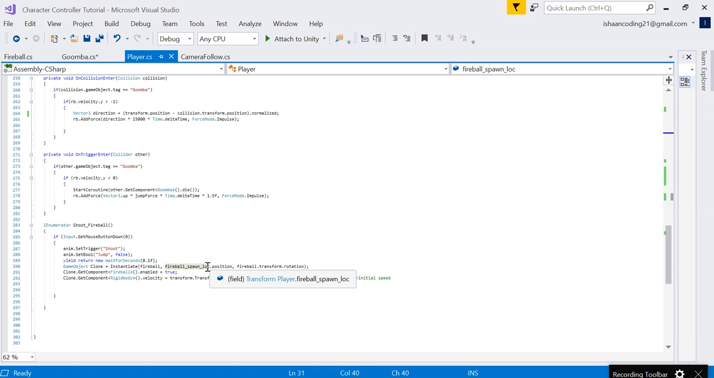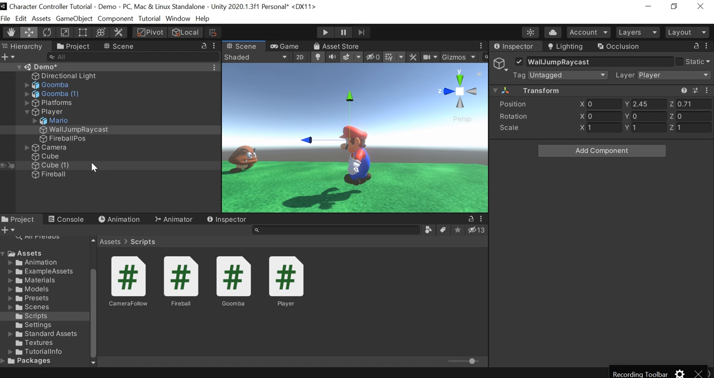So we just spawn them here, and the rotation doesn't matter. I just put fireball, that transform, that rotation doesn't matter. All that matters is the velocity of the fireball. So first we enable the script that's attached to the fireball, and if you actually look at the fireball right